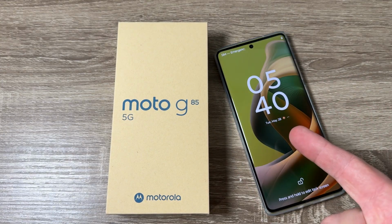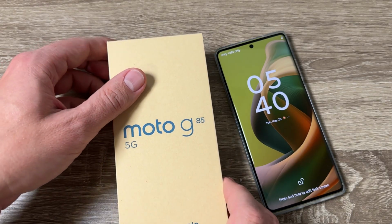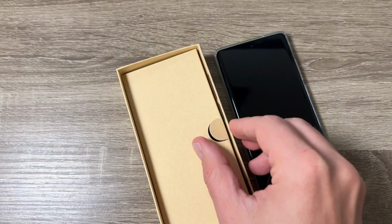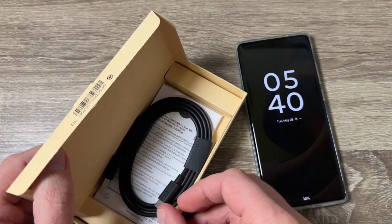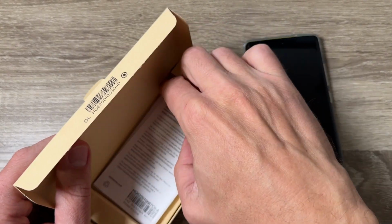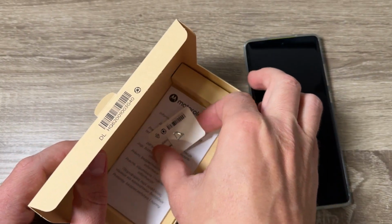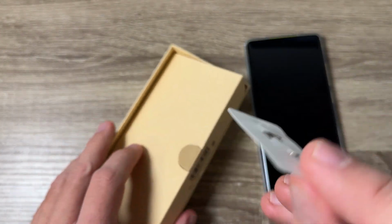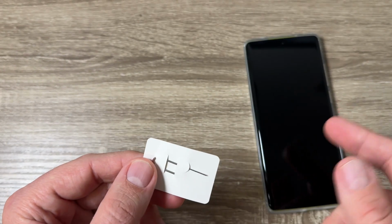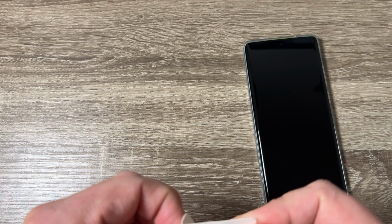So here is my Motorola G85 and to insert SIM card and memory card, first you need to look inside the box because we need a little pin from here. Here is the charging cable. Here is the user guide, and here we have the pin. Okay, and with this one we'll remove the SIM tray from the phone. Now let's get this pin,